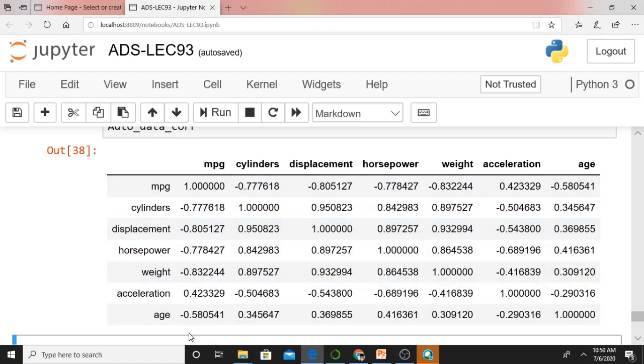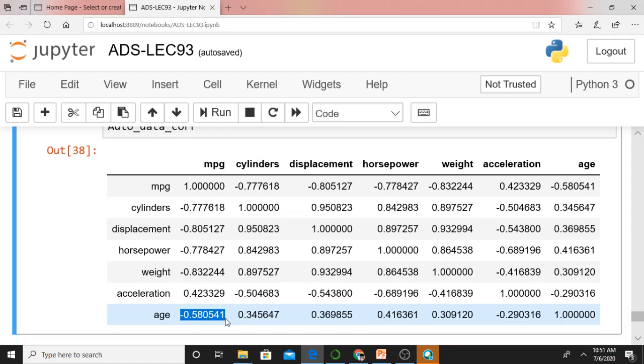You can see that the age of the car is negatively correlated with the mileage. That is, older cars have worse mileage. Just see, age of the car with the mileage, that is minus 0.580541. And you can see that number of cylinders is positively correlated with weight.